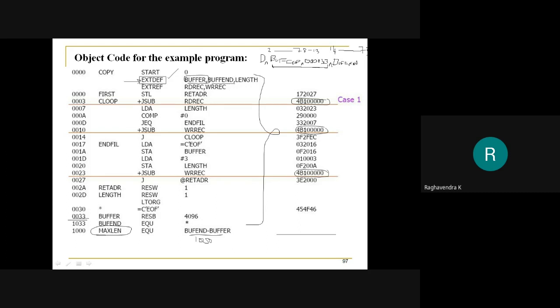Okay, I'll write BUFFEND, and following that I will write the starting address of BUFFEND. Where is BUFFEND? BUFFEND is 1033. So I'll write it here, 001033. Okay, next I will repeat once again from 2 to 13, whatever is there I'll repeat, but for the